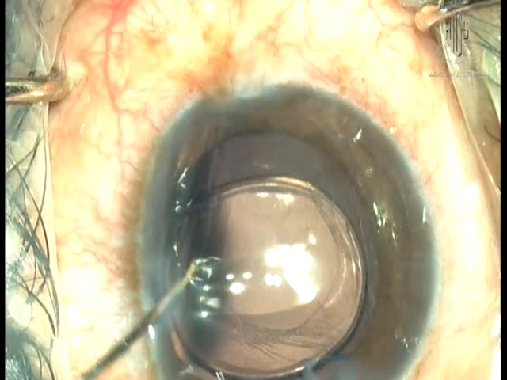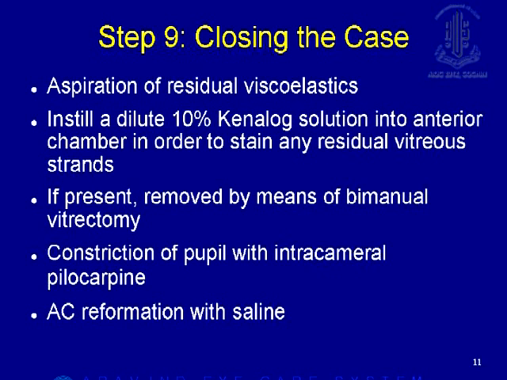Your results are perfect, and you see the whole thing I just did with saline inside the eye. You don't need to use viscoelastic, which can go behind and then cause other problems like glaucoma and inflammation. So finally you can check whether there is any vitreous in the anterior chamber. Usually use the kenalog to check that. There are again two schools of thought, I leave it to you, but we normally use it, it doesn't cause any problem. And you can constrict the pupil. Again, whether it is needed or not, it's not mandatory, but you can constrict the pupil with pilocarpine